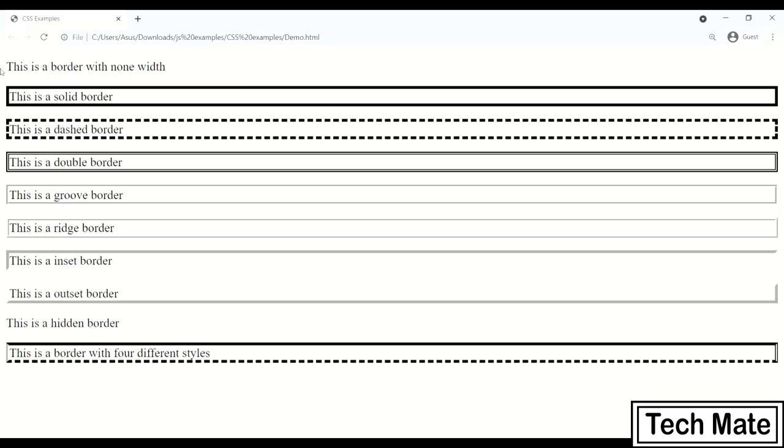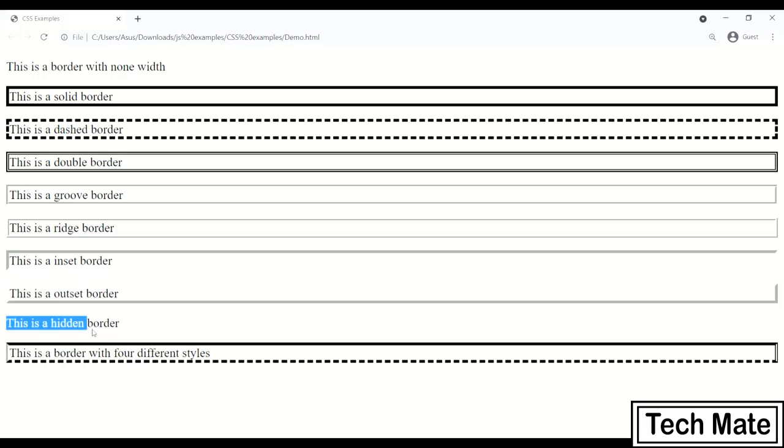So here this one is the none border, as I said, since I passed none, this border will not be visible, while this one is solid as it was in the previous example. This one is dashed, so you can see the dashed line here. Double border, as you can see. Grooved means somewhat grayish, like a disabled thing. Ridge, inset, outset, you can see the shading here. In inset it's upward and here it's downward.